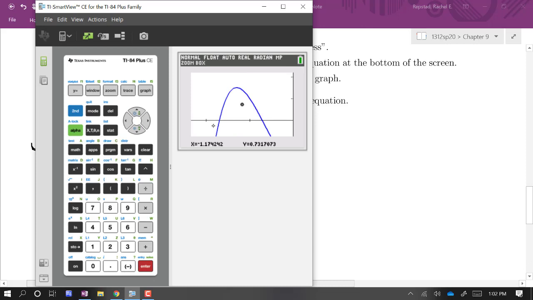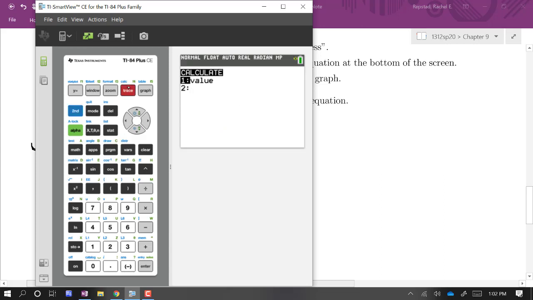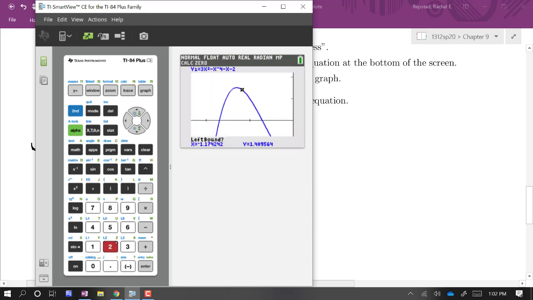Now I want to find both of these. So I'm going to go through this process twice. We've got to go through this process once for each of these values that we're looking for. Above the trace button it says calc. On my calculator it says that in blue letters here. So I'm going to hit second calc for calculate. And I want to calculate a 0, meaning where is the function equal to 0. So option 2. Now as soon as you do that, look on the bottom, it's asking for a left bound,